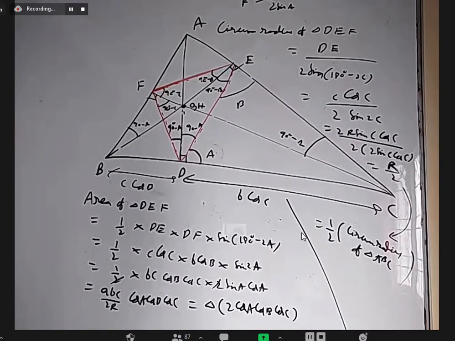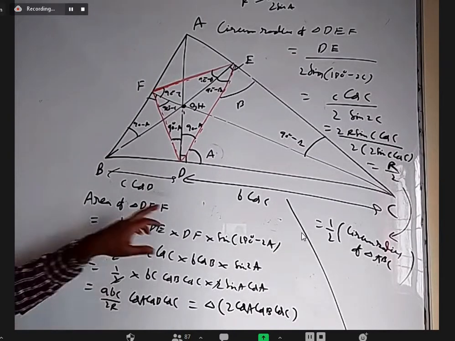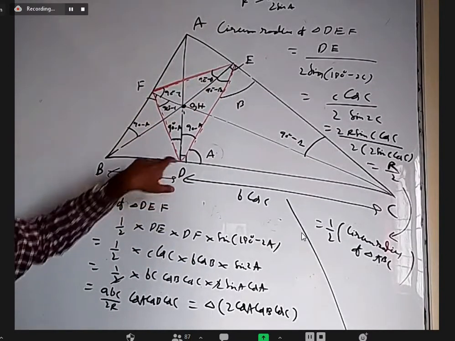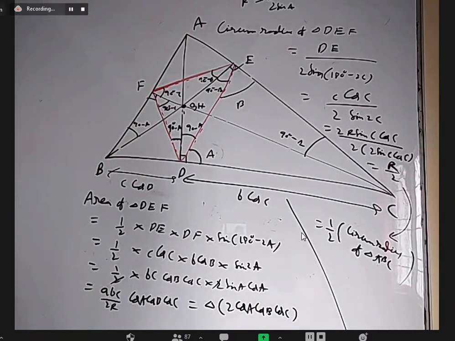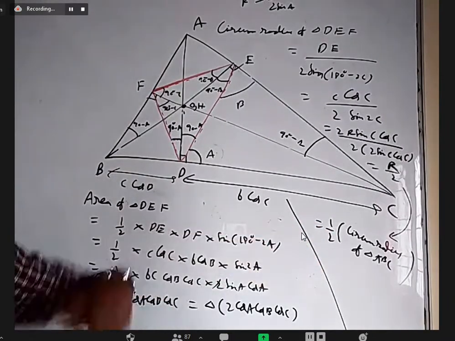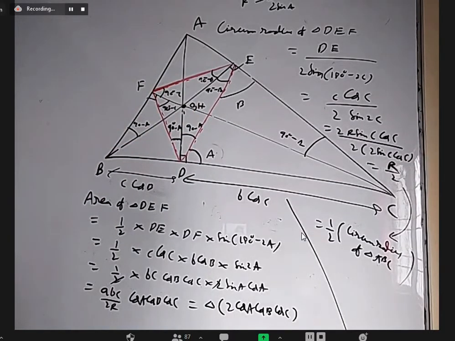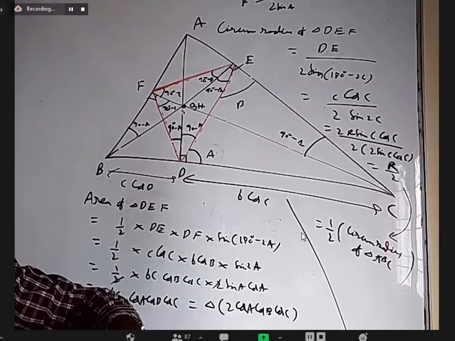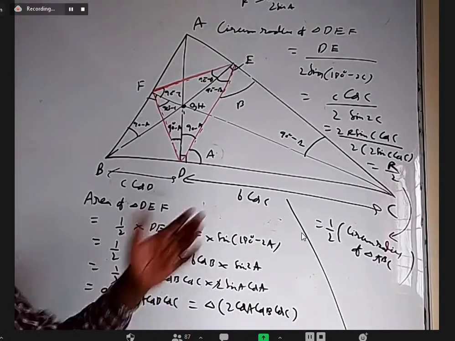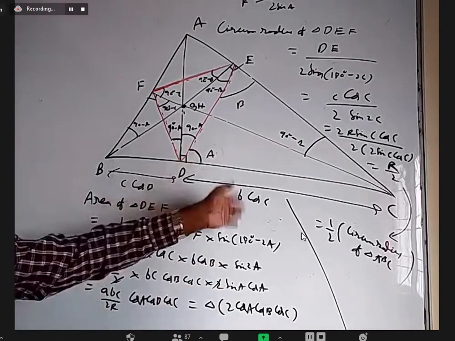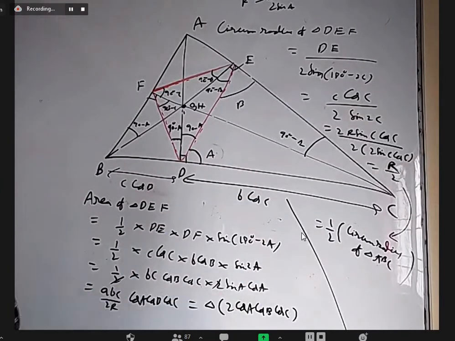We can also use 2R square sin A sin B sin C, that formula also, and derive this. We can use abc by 4R also. But when you want to use abc by 4R, you have to take this side length into this side length into this side length into 4 times the circumradius of this triangle. And if somebody wants to use 2R square sin A sin B sin C, they have to write R by 2 based on this. And sin A will not be sin A, it will be sin(180 minus 2A) into sin(180 minus 2B) into sin(180 minus 2C). Then you'll get sin 2A into sin 2B into sin 2C, which you have to write as 2 sin A cos A every time and separate it out. Again, you'll get the same thing. So for area, we have 3 formulas: ab sin C, or 2R square sin A sin B sin C, or abc by 4R. Any one of them you use, ultimately you'll get this one.